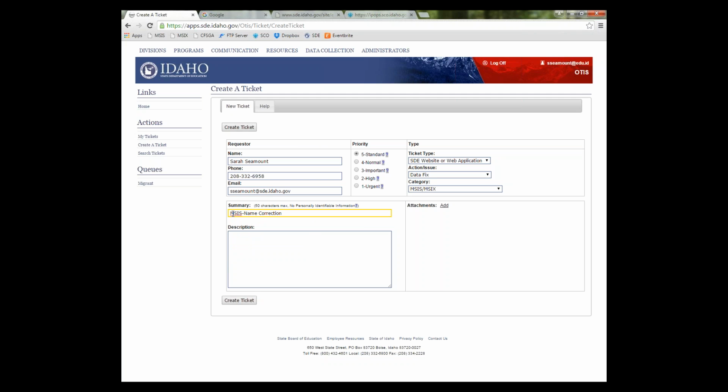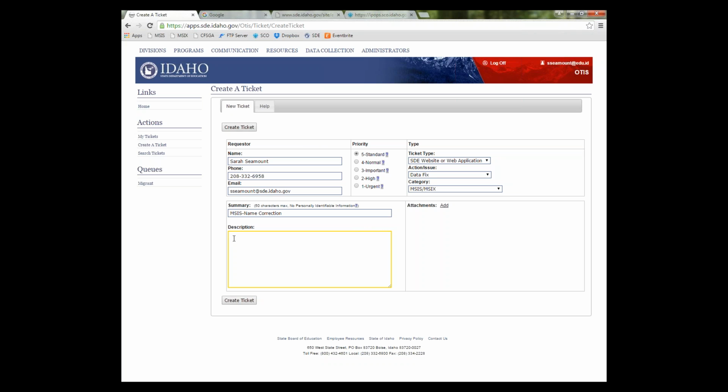So what I'm asking for is an Mss name correction. And what you'll notice is you can only use 50 characters. If you can be really brief here, it's actually super helpful. So some of your examples might be Mss date of birth correction, Mss duplicate EDU ID, or Mss wrong QAD. I've seen those a few times. Actually, no, we're not going to do the wrong QAD. That will have to be handled through a different method because we'll have to verify it here before it goes to tech support. But the most common ones that you'll use are Mss name correction, date of birth correction, and